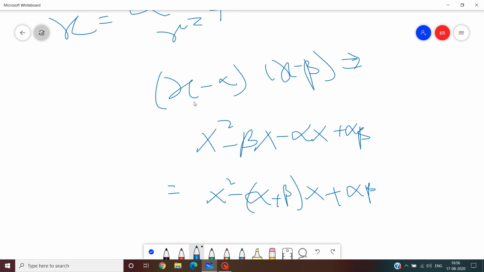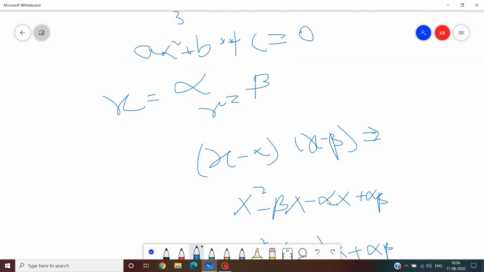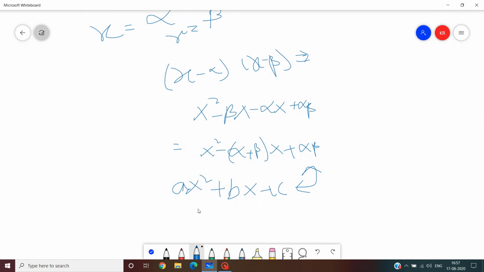So we have got this equation from the roots, and these are the roots of ax square plus bx plus c. Now compare this with ax square plus bx plus c. If both must be equal, check the coefficients. The coefficient of x square is 1 here, but it is a there. So let's make it 1 by dividing by a. Then it will be x square plus b by a of x plus c by a.